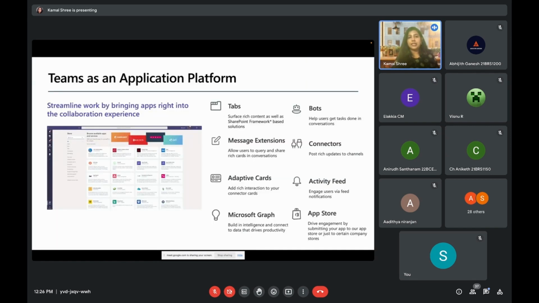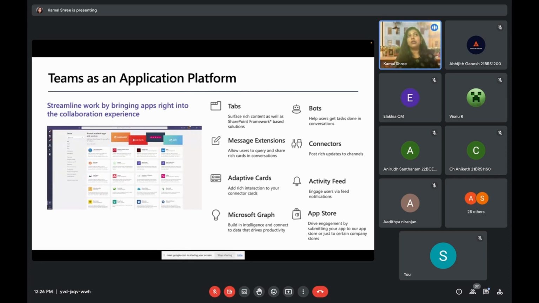As I told you, Teams has a lot of features that are used day in and day out, like tabs and bots. Trust me, when I joined the organization, it was a work-from-home culture, and we used to not interact with people. So even if I had to find a small piece of information, we used to have bots. I would type a word, like insurance, and I would get details about it. I didn't have to go interact with someone to find out. I'm not saying you don't have to interact, but these are small things that clarify most of your queries. Like that, you can create bots for your own subject.